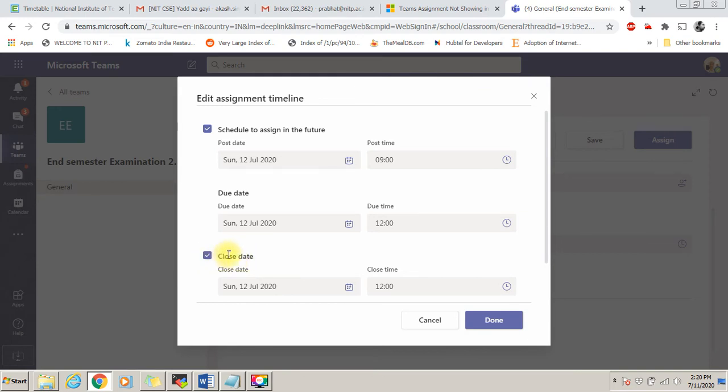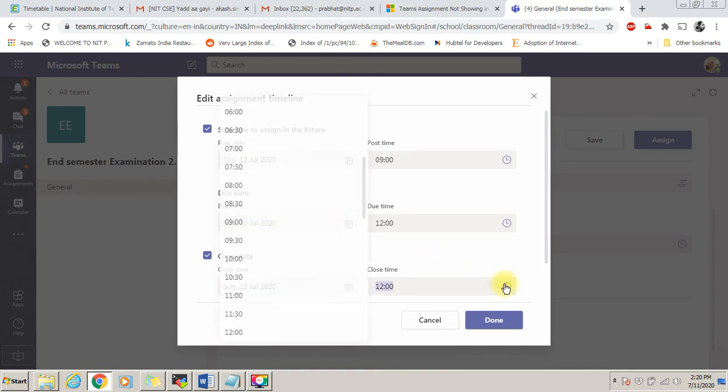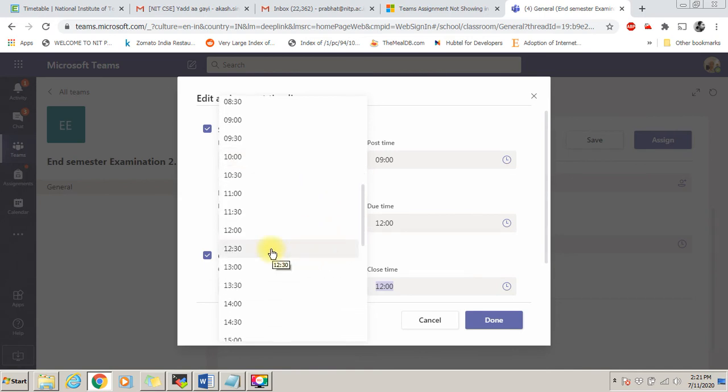Remember, we have provided 30 minutes to the students for scanning and uploading their answer sheets on the Microsoft Teams portal. This additional 30 minutes will allow the students to upload and submit their assignments on the Teams portal. So you need to select half an hour more than the due time.